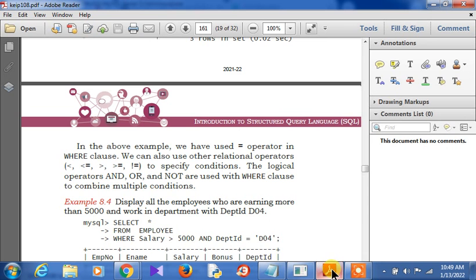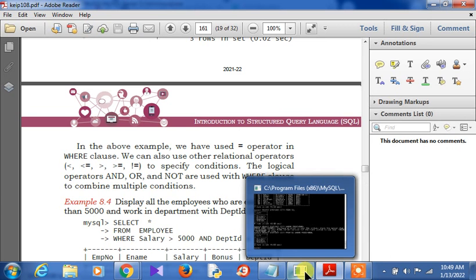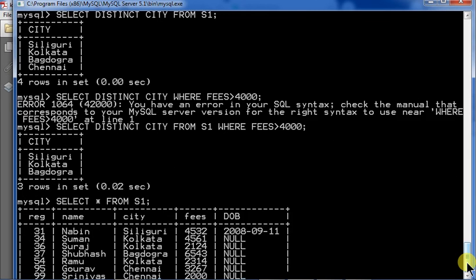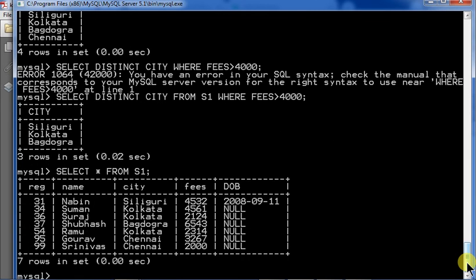How can it be used? One example I am giving for the not. Let us see what records are there here. Select star from S1. Here I don't want to display those records of people living in Siliguri.